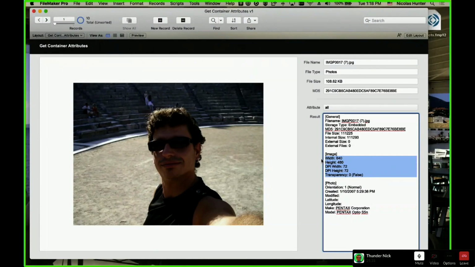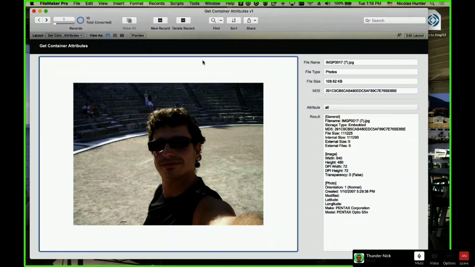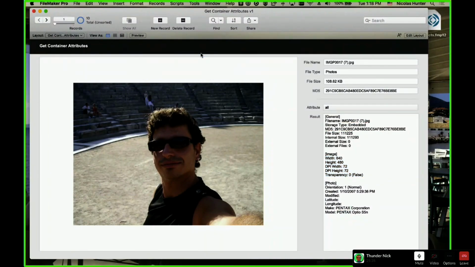Okay. So here I have an interesting set of files in containers. This is a photo. I know it's a photo because I asked FileMaker to return the information. I asked FileMaker to return the file name, the file type, the file size, and the MD5.